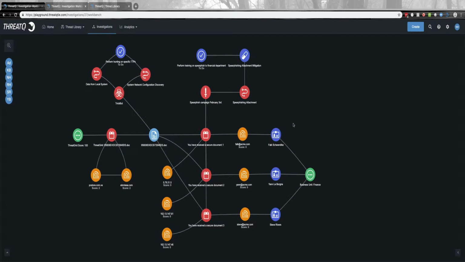The three different spear phishing events that we see on the screen here, in this case, one referred to as we received a secure document, and then with very simple names following down, secure document 2 and secure document 3, were all spear phishing activity that was detected either by a human user or by a form of a security detection that we would integrate with, whether it's through an email-based ingestion or another single point integration that we would want to put in place, or a bidirectional integration that we would want to put in place, depending upon the